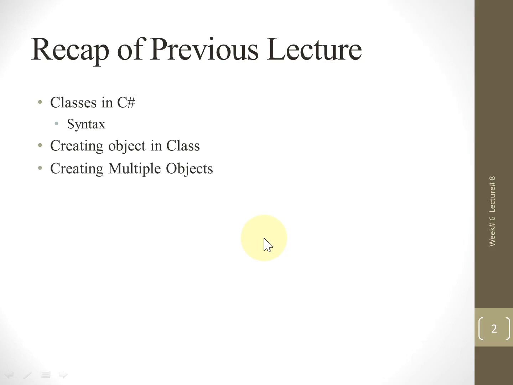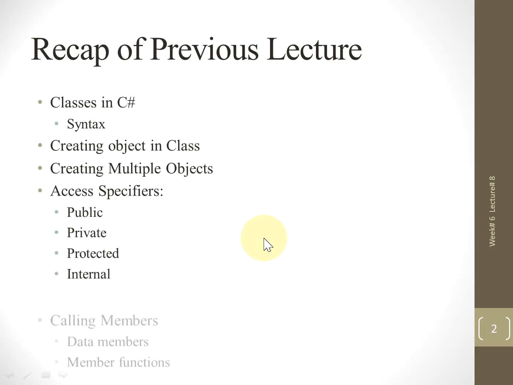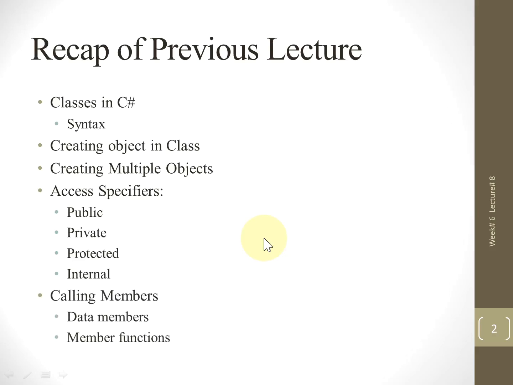Then we also created multiple objects for that class and learned about the access specifiers, which include public, private, protected and internal, for the data members and member functions. And at the end we called all these members, which include the data members and the member function.